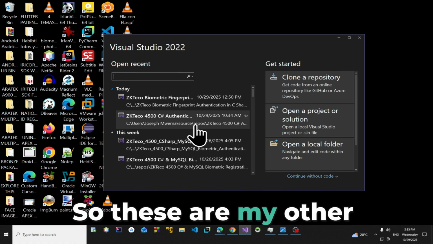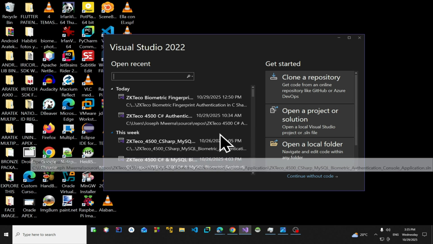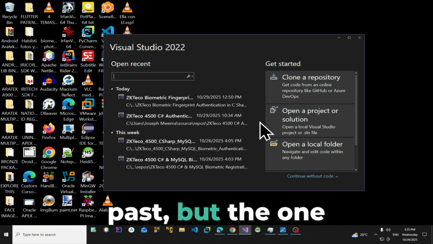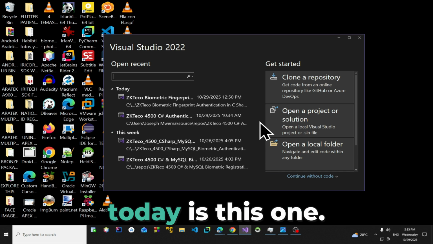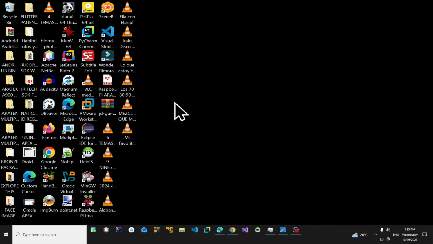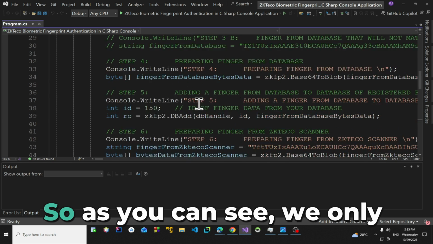These are my other previous Visual Studio biometric integration projects that I've been doing in the past. But the one that I want us to dwell on today is this one. So I'm going to click on it. Yeah, and there it goes. So as you can see,